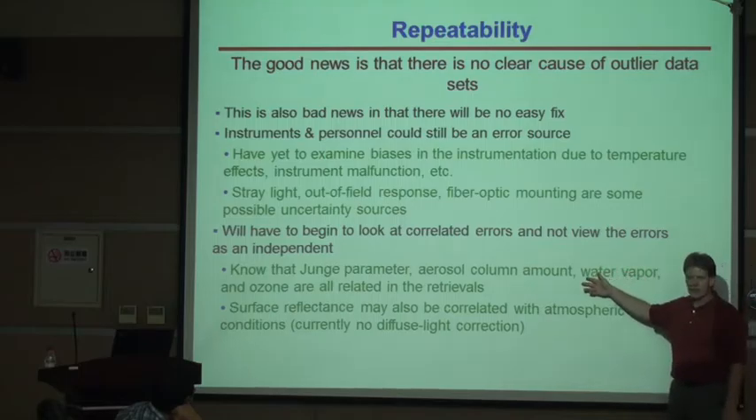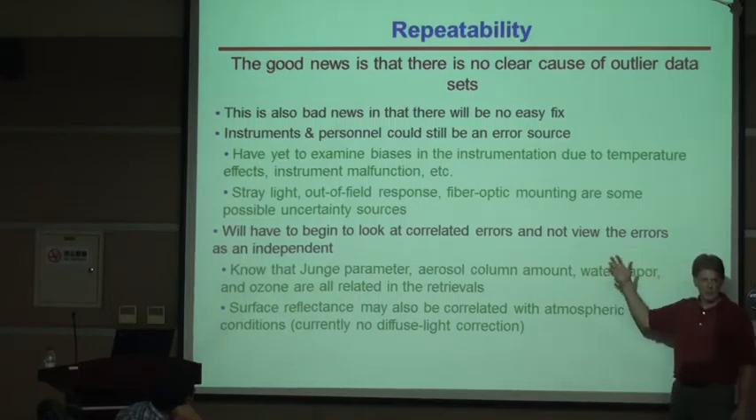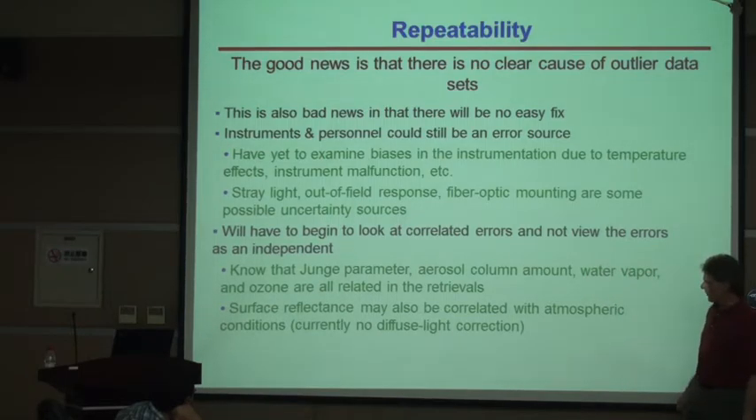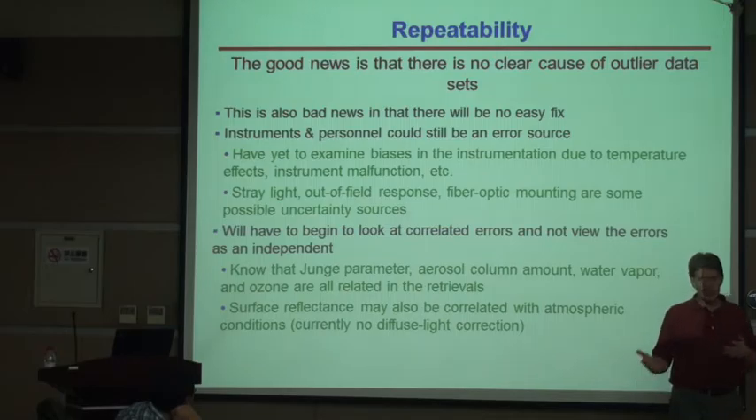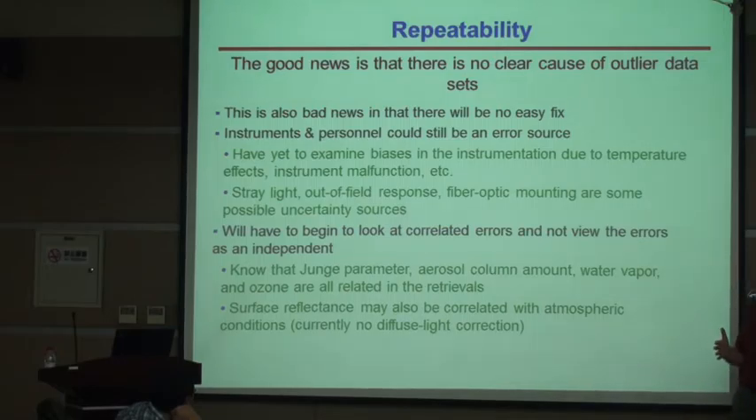The way to handle this is through a Monte Carlo approach, and that's something we can do that's very straightforward. Surface reflectance can be correlated with the atmospheric conditions. Currently, we have no diffuse light correction. The reason, again, was we could not find something that worked reliably. And as we start looking for these half-percent type problems, we may need to have a